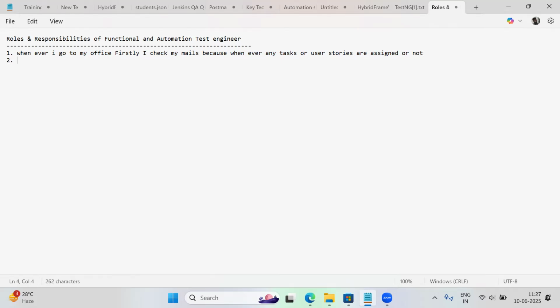Coming to the second point. Once any task or user stories are assigned, what to do? Assume that tasks are assigned. If any user stories, or any work, whatever it is, any stories or tasks, you can tell based on the situation. So if any work, user stories or tasks are assigned,